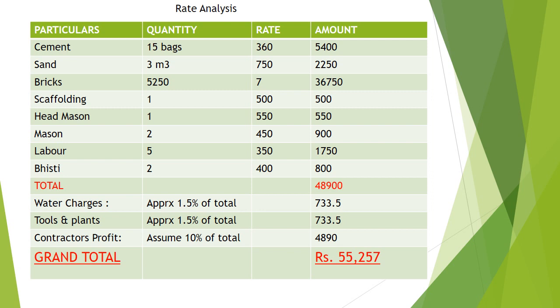Next important part is the manpower. All the laborers, masons, bhisti required for the brick masonry work. The question is what would be their quantities, how many laborers would be required and their respective rates. I have just considered these numbers by considering the 10 meter cube quantity. For the actual calculations, you can refer to the books. I think B.N. Datta is the best one. It's actually considered as the Bible for quantity surveying.